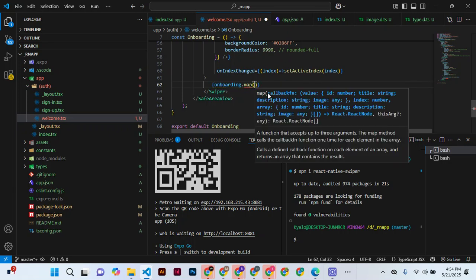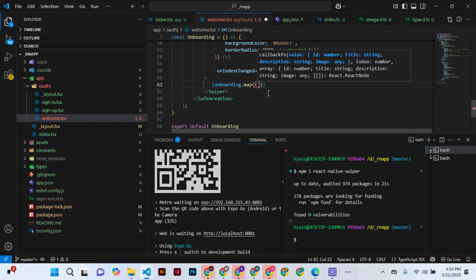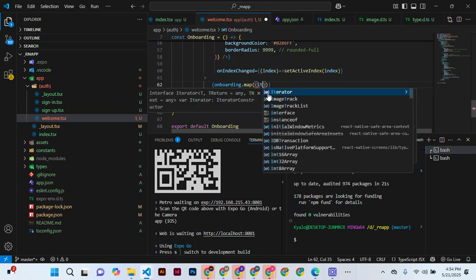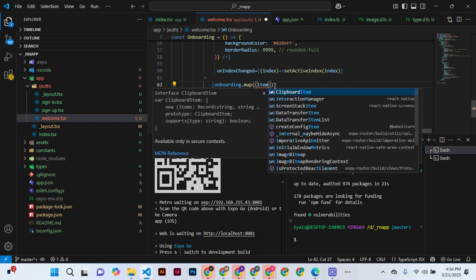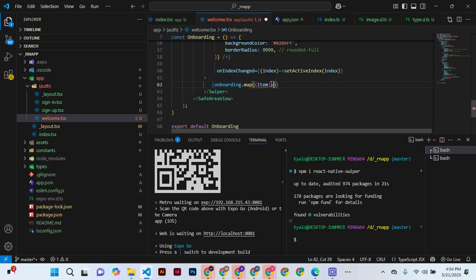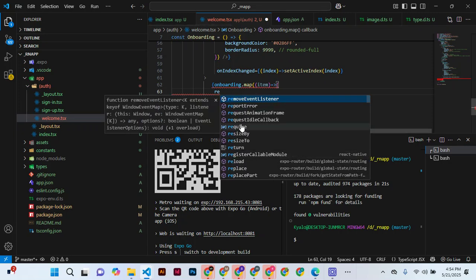We say index. We say this is item, and we make an arrow function, and we return something. We do return